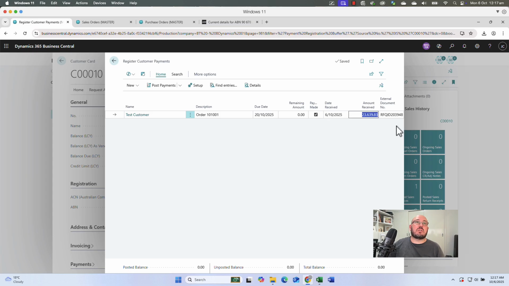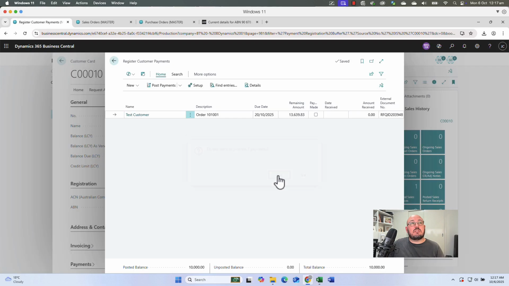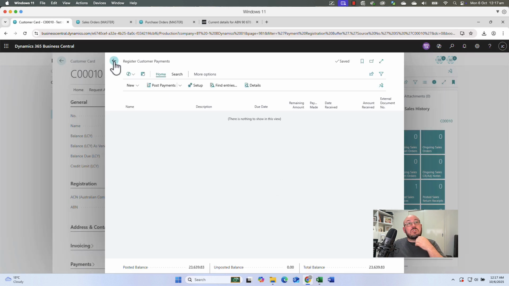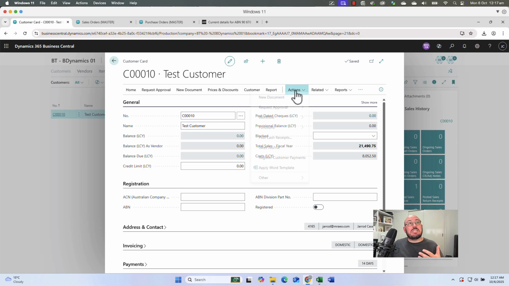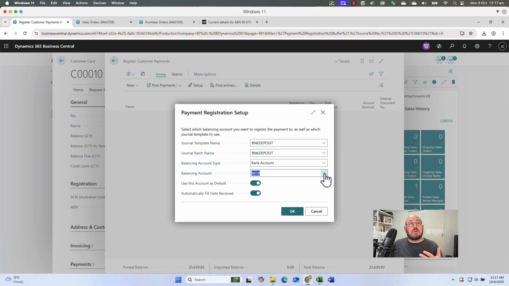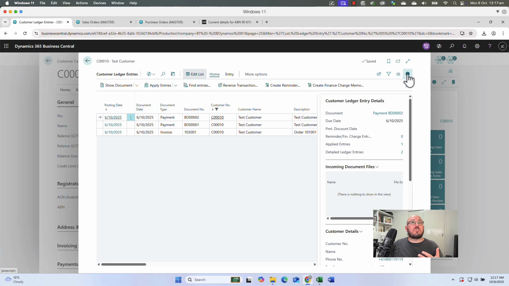shorter amount. I could say I received 10 grand, just like that. And there's a remaining amount, and we can post that. And it's done that. Or I could just receive the remaining amount, post that as well. And that's now received into the bank. So when we did the setup, register customer payments, the setup's taking that into our main bank account, into the NAB. And if we look at the customer's account and customer ledger, you'll see here that we've got ourselves what